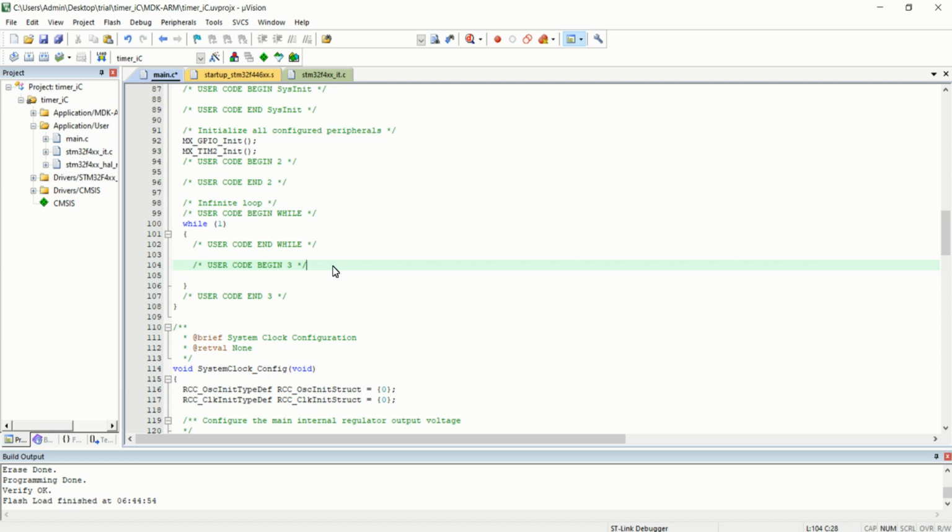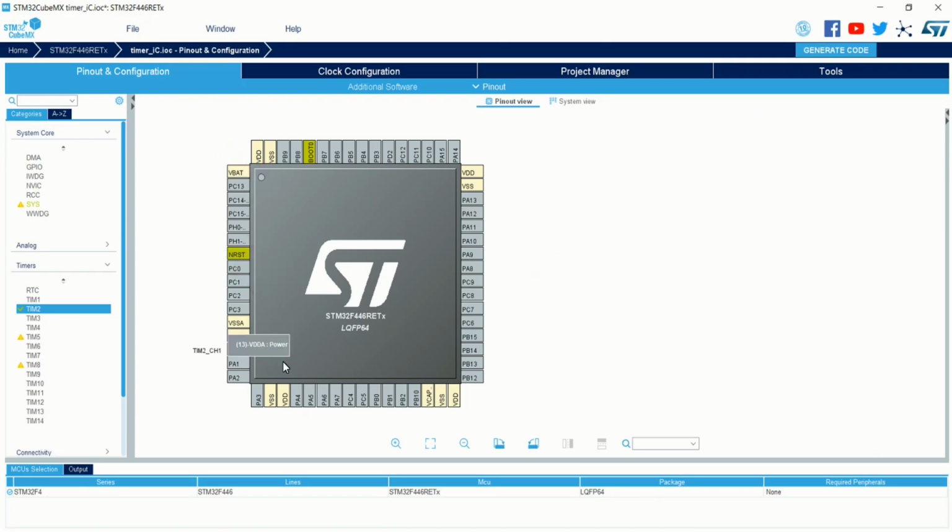So this is the logic that I'm going to build. Before that I'm just going to continuously monitor the timer count value using another variable, and for providing the rising edge pulse to the PA0 pin, that is the timer 2 channel 1 pin, I'm not going to use any external push button. I'm just going to use the user push button available in my Nucleo development board, which has been connected to PC13.